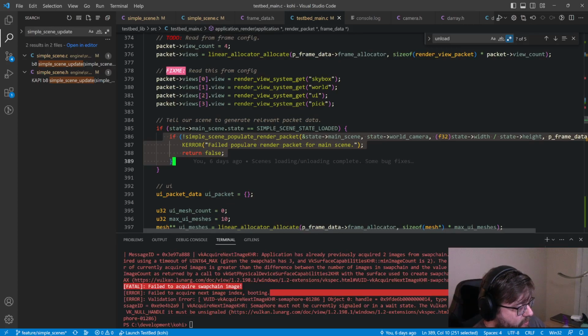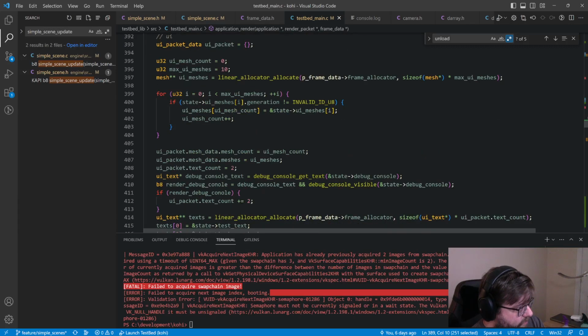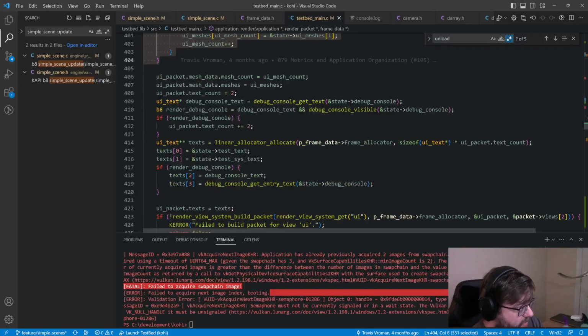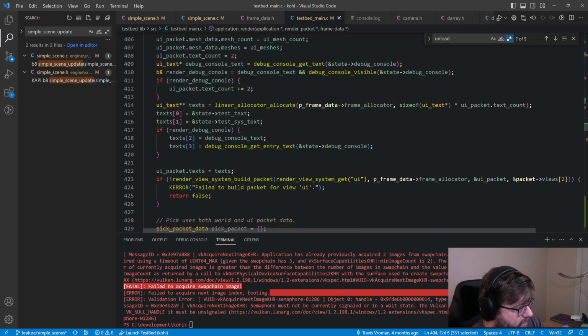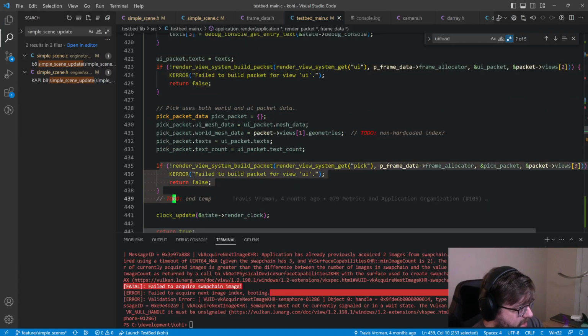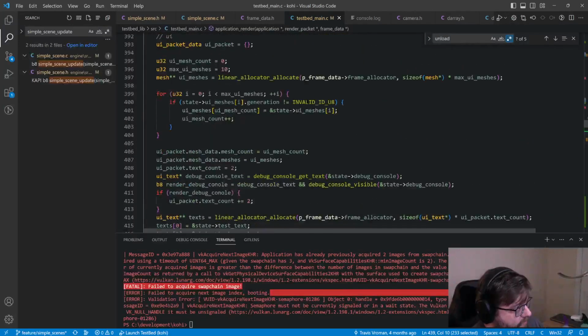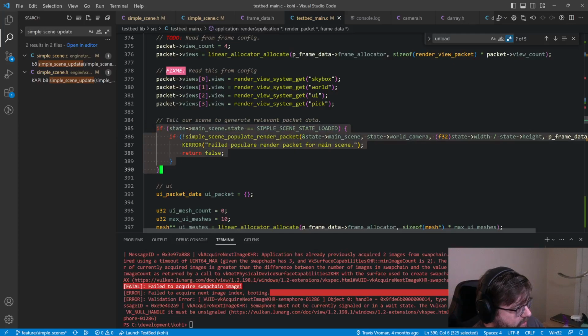So we have the skybox and the world, and then we do UI, and then we do pick. So this is all the stuff for the UI. And then here's where we build that packet, and then we build the pick packet. And then that packet gets thrown off to the renderer to be rendered. So because we're not doing this,